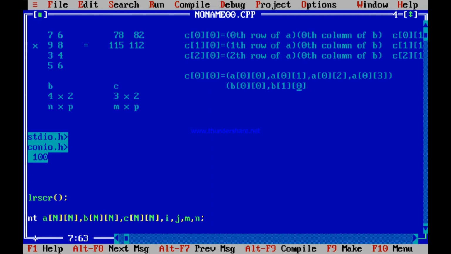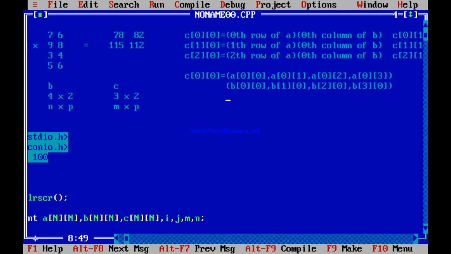Over here, it was the 0th row, so it was always A0, and the column number becomes 0, 1, 2, 3. But over here it is the 0th column of B, so the column number is always 0, but the row number becomes B00, B10, then B20 and B30 to be multiplied.